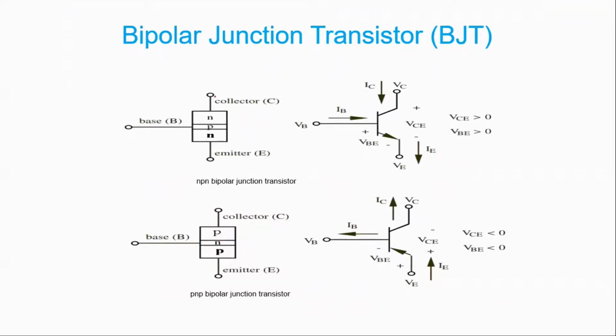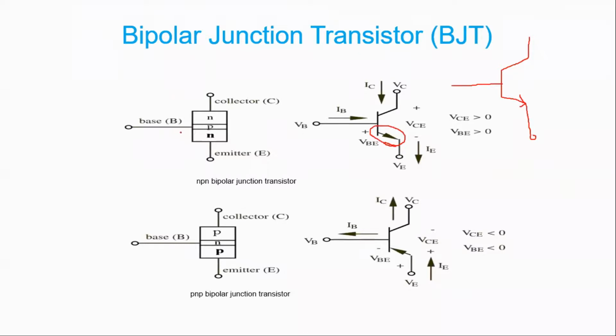So it has three terminals, collector, base and emitter, NPN and PNP. This is the symbol of your BJT. If you want to draw it like this, then your transistor is like this. And now this arrow should be there. I will be discussing why this arrow is like this.